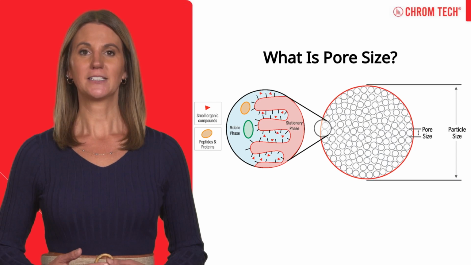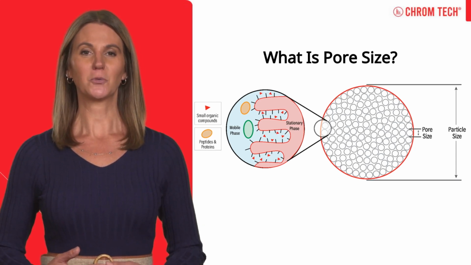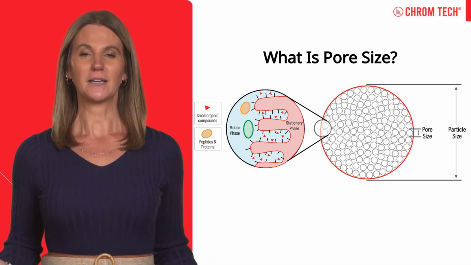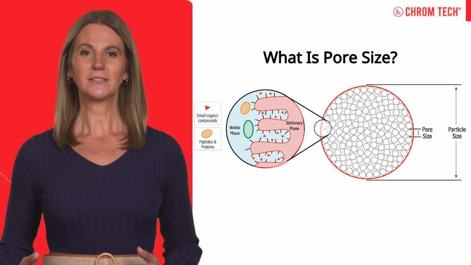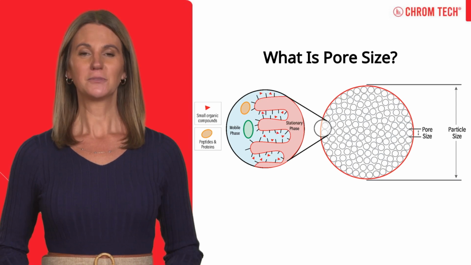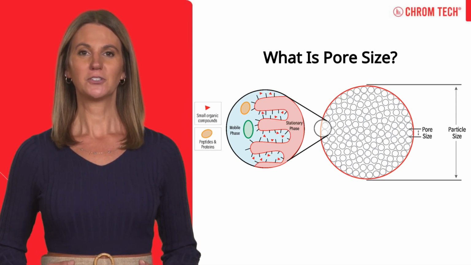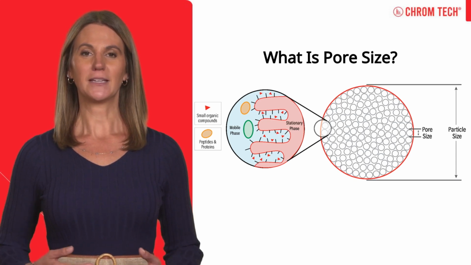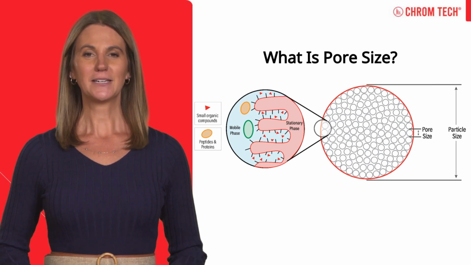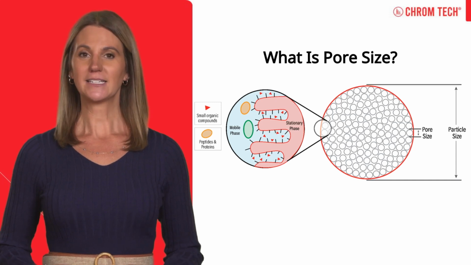Smaller pore size packings in the range of 80 to 120 angstroms are best for small molecules with molecular weights up to 2,000. For larger molecules with molecular weight over 2,000, wider pore packings are required. For example, a popular pore size for proteins is 300 angstrom. For polypeptides and many proteins, choose 200, 450 angstroms, and choose 1,000 angstrom and 4,000 angstrom for very high molecular weight proteins and vaccines. The choice of pore size must align with the molecular size of the analytes to achieve